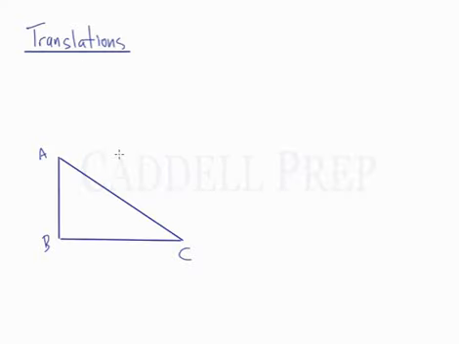A translation is another type of transformation. So here we have triangle ABC, and to translate it just means to slide it to another position. So for example, we might slide point C from here to here and then upward. So we have a slide to the left and then a slide upward. So now we have point C in this location. Okay, now whatever distance we slide C, we're going to slide the other points as well. So B is going to be slid the same distance